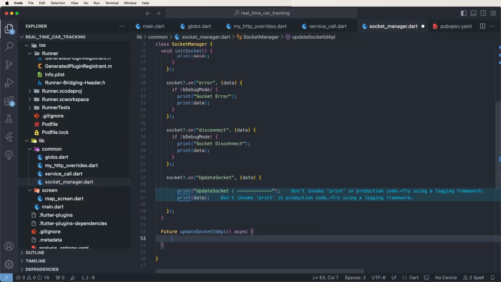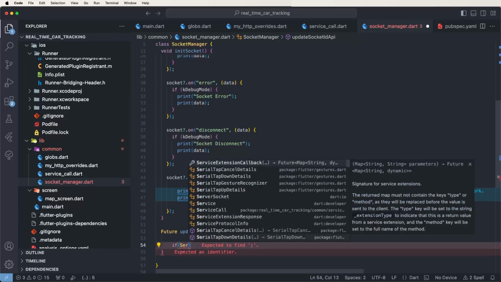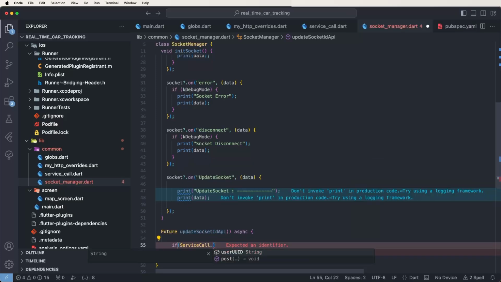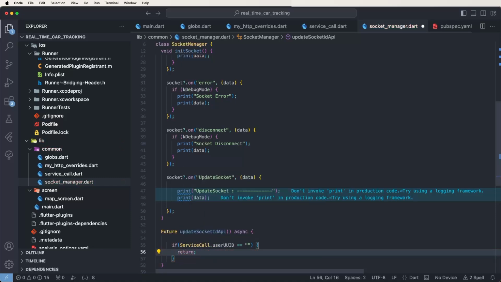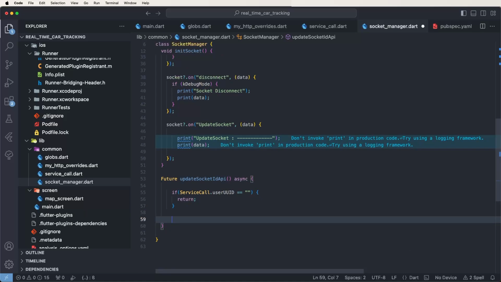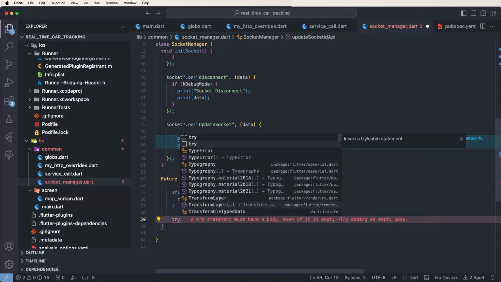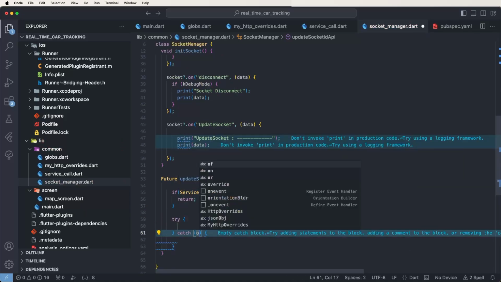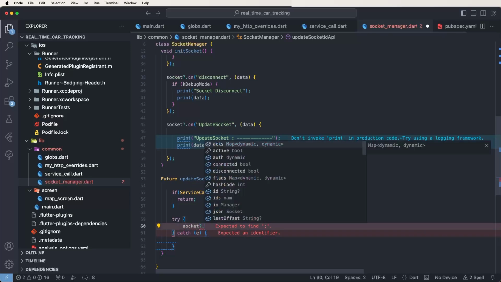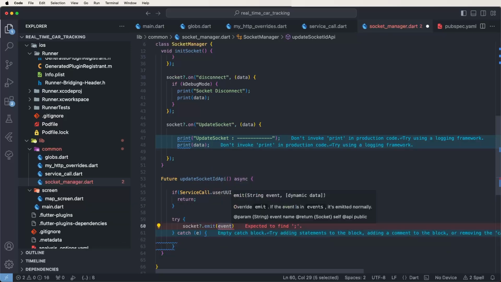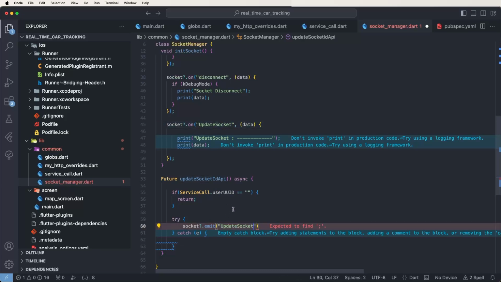Now we need to check here if service call dot UDID is equal to blank, then return, and the function does not execute. If it is not blank, then call the try-catch and write down the socket error here, then call the emit method and call the update socket events